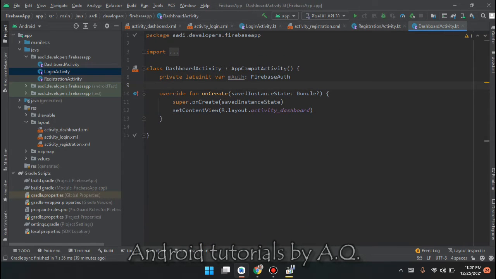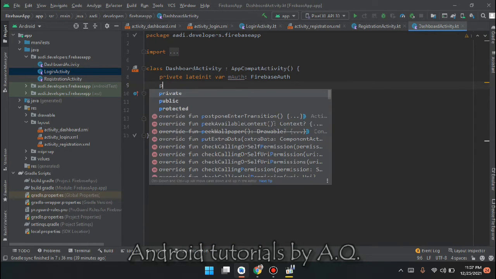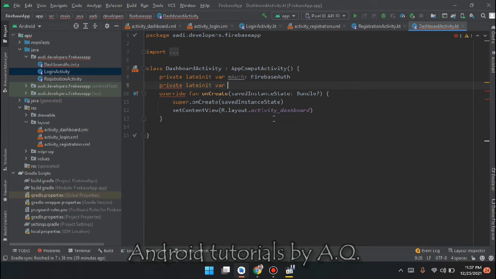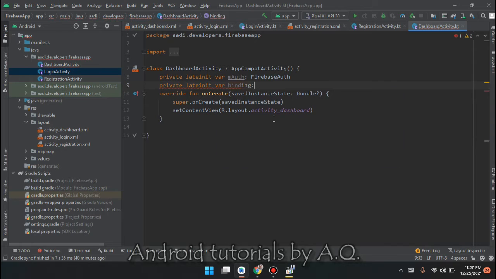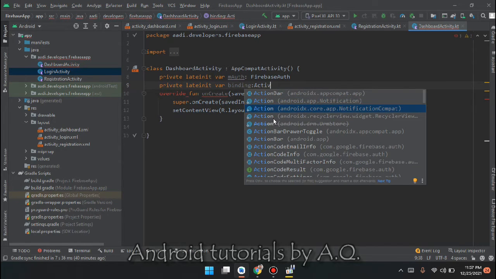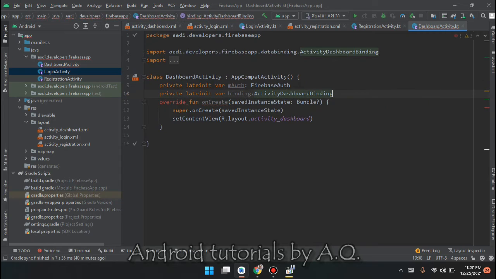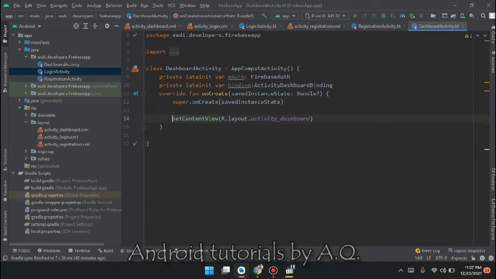Paste it here. Okay, so let's create a binding variable as well, private lateinit var binding, activity dashboard binding, binding equals to activity dashboard binding dot inflate,